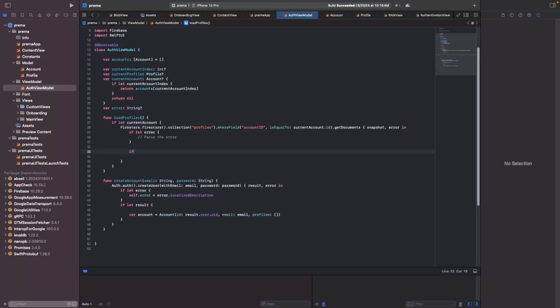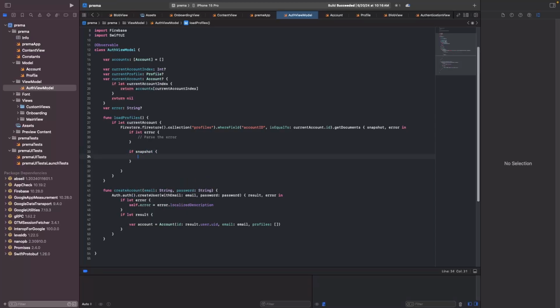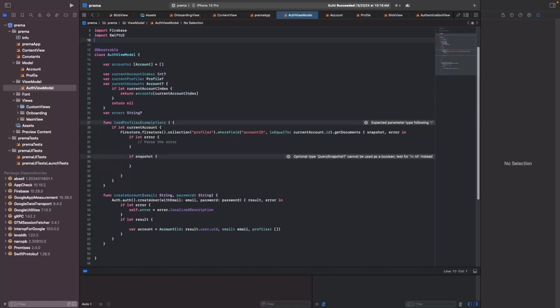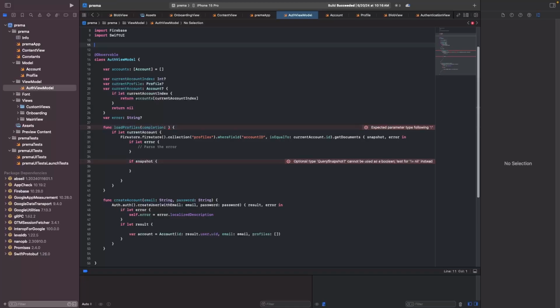the error here, and then to parse, to just break down the data into actually what we can use it for. And then we're going to do if let snapshot, and what we're going to do actually here is, because we're loading profiles, we actually want to have a completion handler here, and this completion handler will be our profiles. And I always recommend just having a custom completion handler, and so it'll be just type alias completion